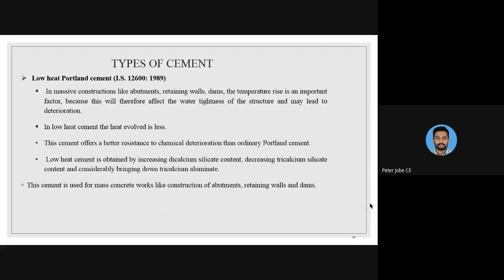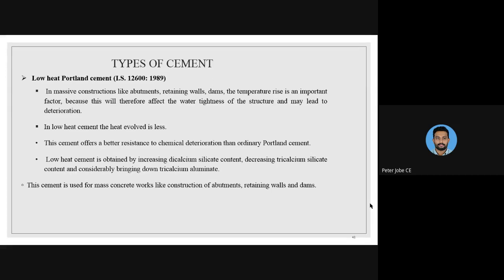This low heat Portland cement is mentioned in Indian Standard Code 12600, which was first published in 1989. Where is this low heat Portland cement used? When cement reacts with water, it is an exothermic reaction. That's what is meant by exothermic reaction: it will produce some heat as a result of this reaction, and this heat can harm its properties at some point. That's the reason why we use low heat Portland cement in some special occasions, not in all occasions,